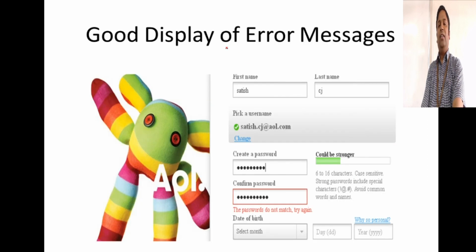Again, I tried this some 5 to 6 years back. Tried filling in some data. You see that there I get some feedback, and when an error happens, the box gets highlighted as red, and the message is coming just beneath the box. And you have to use red as a standard for all your error messages.